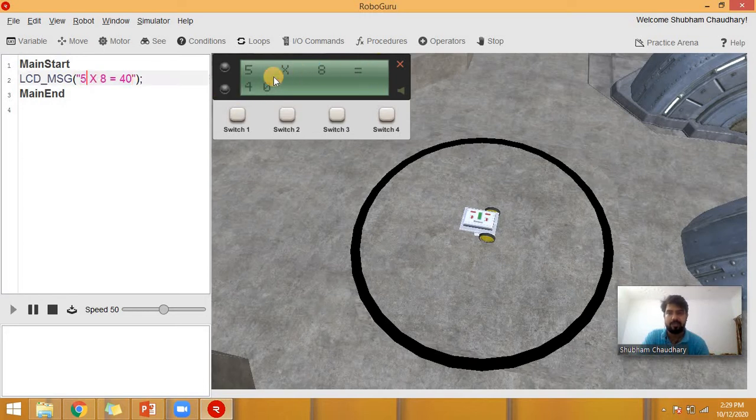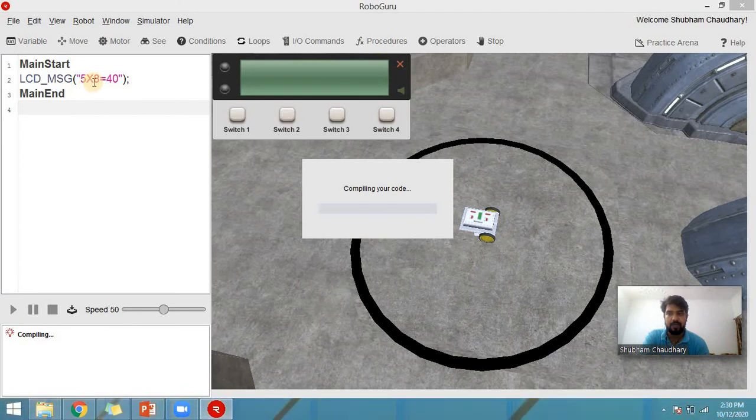So if I reduce some of the spaces, I have given a space after 5, a space after multiply, a space after 8, and if I remove all these spaces, you'll see that these things will definitely come in one single line. It's going to take only 1, 2, 3, 4, 5, 6, only 6 blocks. 2 blocks will be left empty. Let's see.